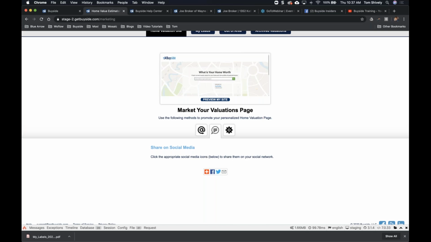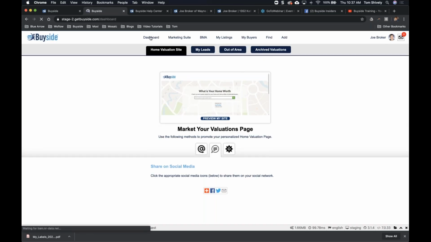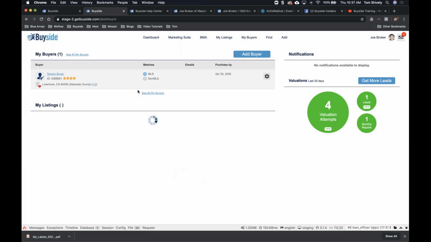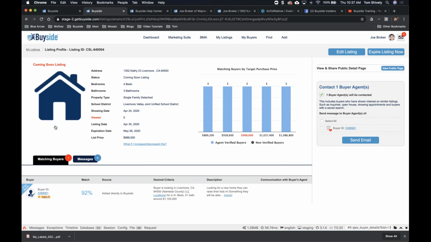Buyers are going to have a range of what they're looking for. So those buyers are more than likely your price is falling within that range. If you find that they're not, that's definitely something we'd appreciate if you report that to support, and the email address is support@getbuyside.com, and I'll look into it right away. But as you can see,